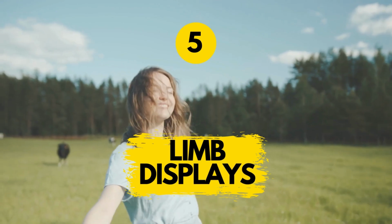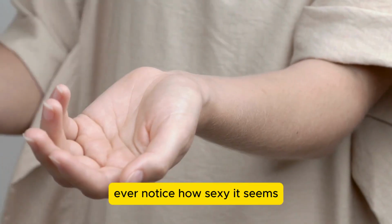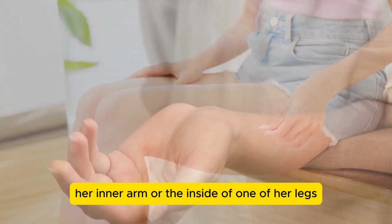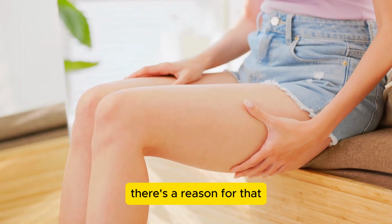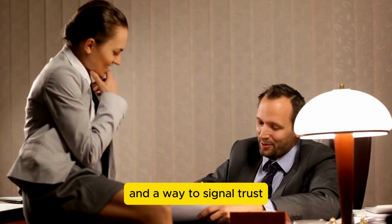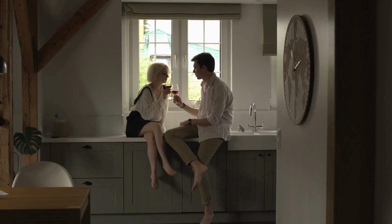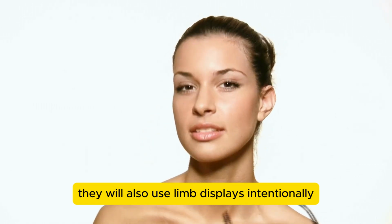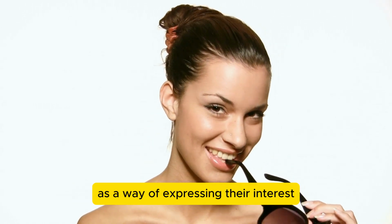5. Limb displays. Ever notice how sexy it seems when a woman shows you her wrist, her inner arm, or the inside of one of her legs? There's a reason for that. It's an opening up of vulnerability and a way to signal trust. Women use limb displays naturally with men they feel comfortable with. They will also use limb displays intentionally as a way of expressing their interest,